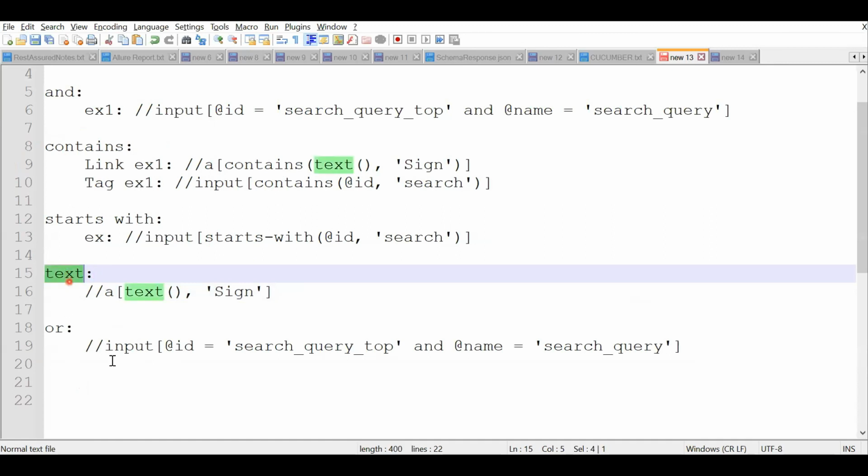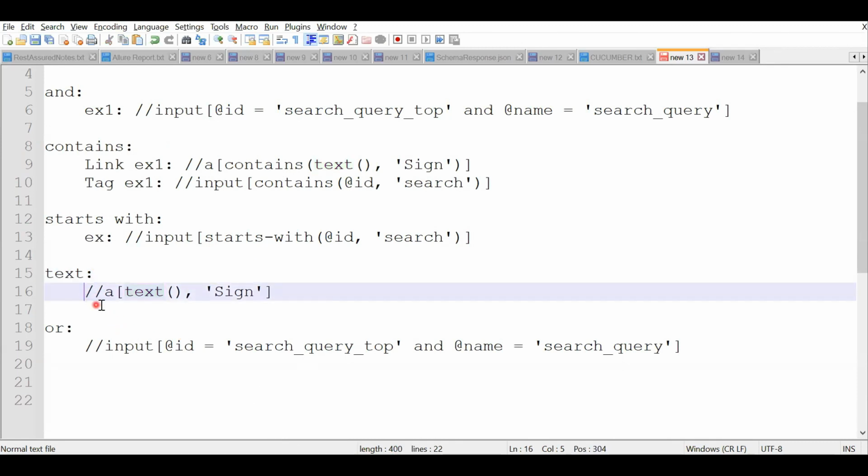What is text? Normally we use text the majority of the time for links. So you can use it like this: two slashes, at the rate, text. For text, you have to provide the complete text. So if you notice here